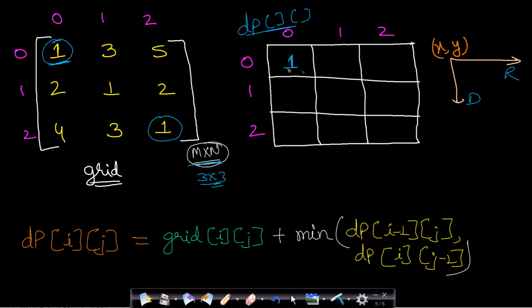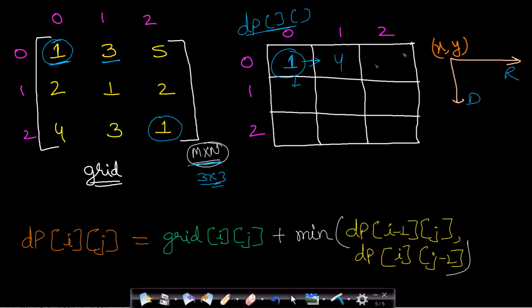Now if you want to move to, let's say, 0, 1, then what is the cell from which you can reach 0, 1? There is only one such cell, which is 0, 0, because the movements allowed are only to the right side and down. So if you want to reach this 0, 1, then you cannot reach from 1, 1 or any other cell other than 0, 0. So what will be the cost of reaching this point from the starting point 0, 0? It will be the cumulative sum of the path. So this is the second cell. The previous cell value will get added to the current cell value, and it will be 1 plus 3, which will be equal to 4.